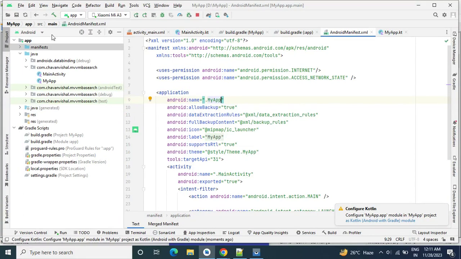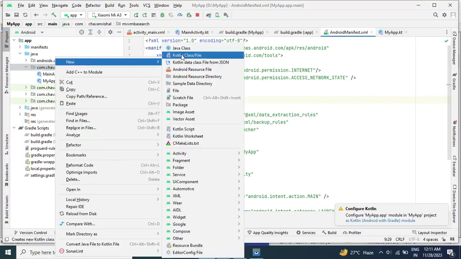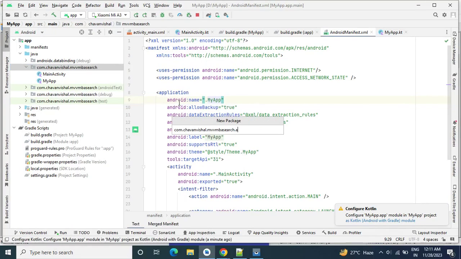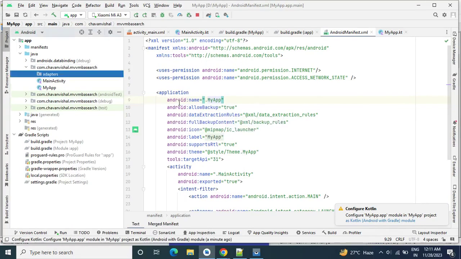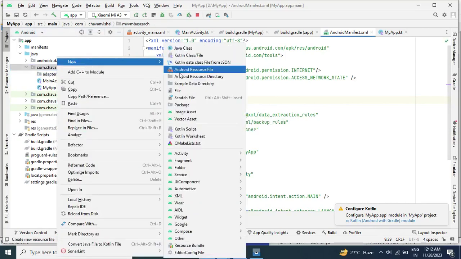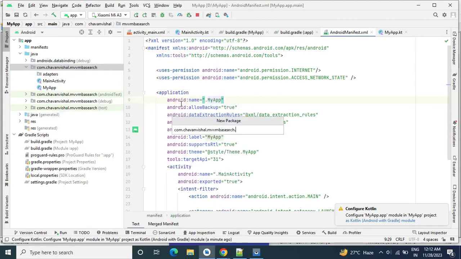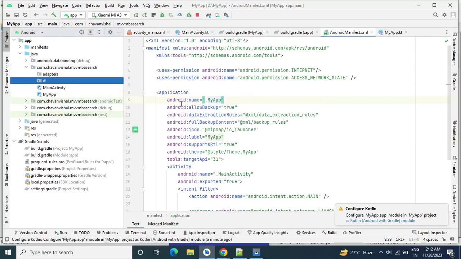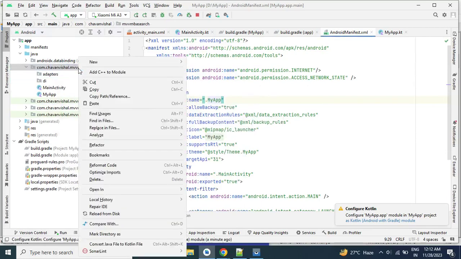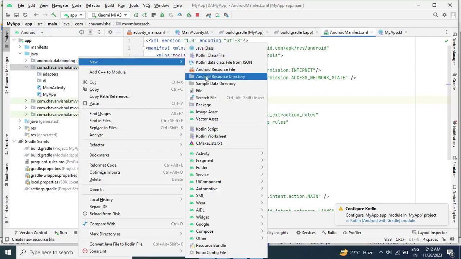So the next step is we will create all the packages in our application. So let's start. First we will create the adapters package. Then we will create a package for dependency injection, the DI package. Then we will create a package for all our model classes.